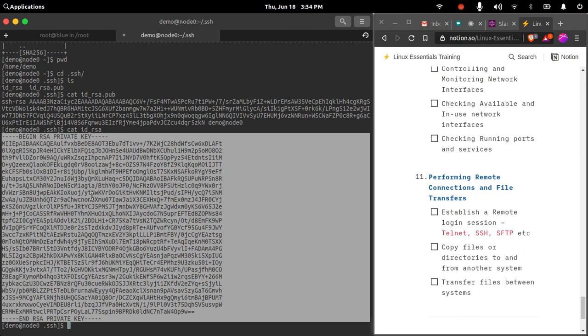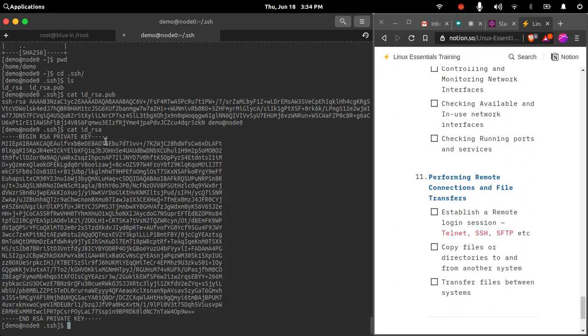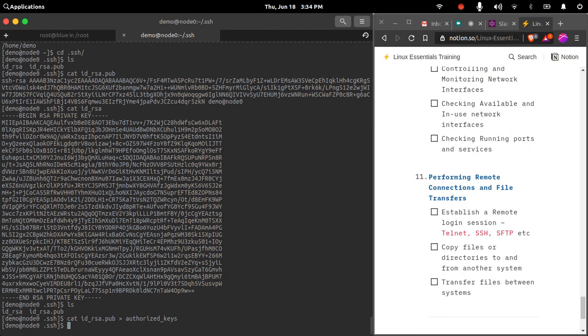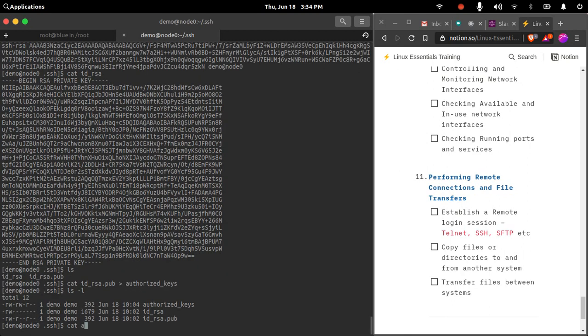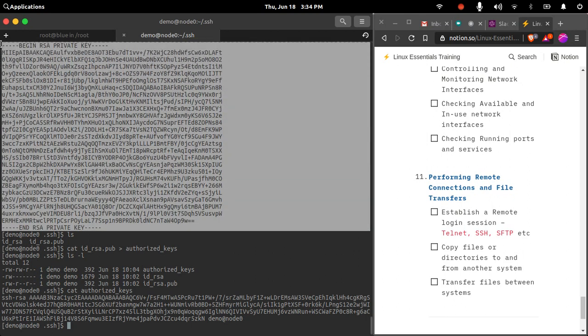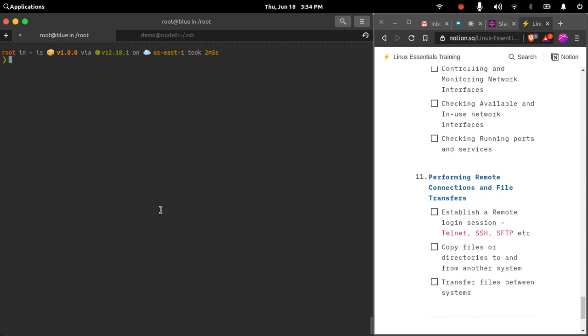So you have also received a key file, that is the private key, and the public key will be stored here. I'll store the public key in a file called authorized_keys. authorized_keys is a file in which I will specify all the public keys. So I have cat the contents of the public key file and redirected it to a new file, that is authorized_keys. Now I'll copy this private key file and try connecting to that machine